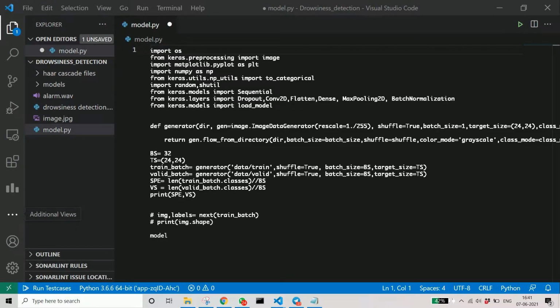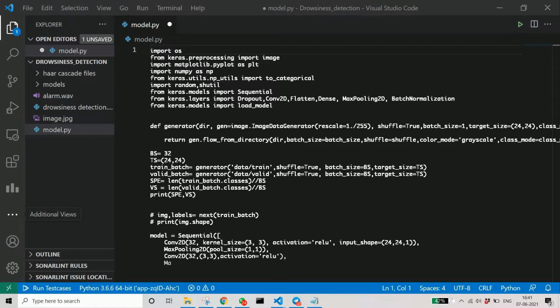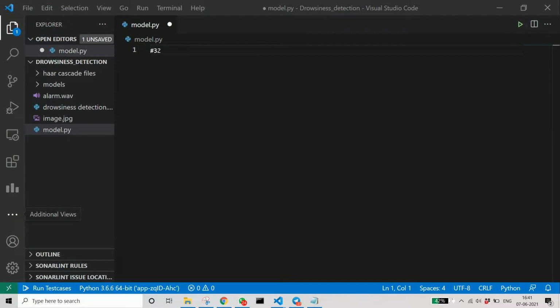Now we are coming to the major part, which is the model. Model Sequential defines that from here we are going to add layers to our model. That's what we mean by sequential. The first layer is the convolutional layer, which is the important layer. We have an entire series going on in this channel on convolutional neural networks, so go check it out. Then we max pool, as we had discussed there. The channels should increase, but the size should keep decreasing. Next comes another convolutional layer, then we add one more max pooling layer to decrease the size again. Now we will increase the channels of the convolutional layer.